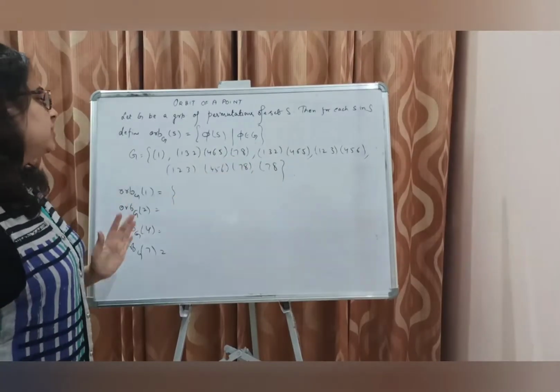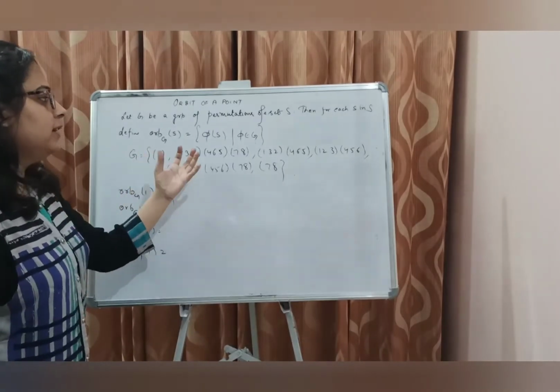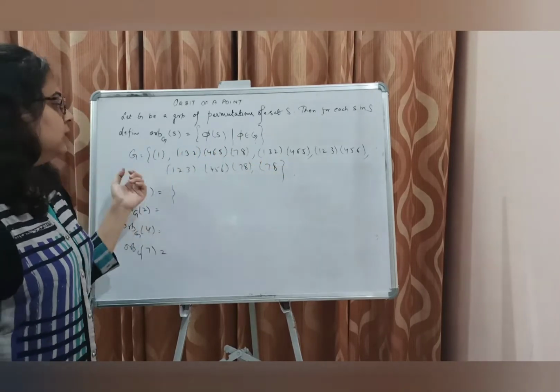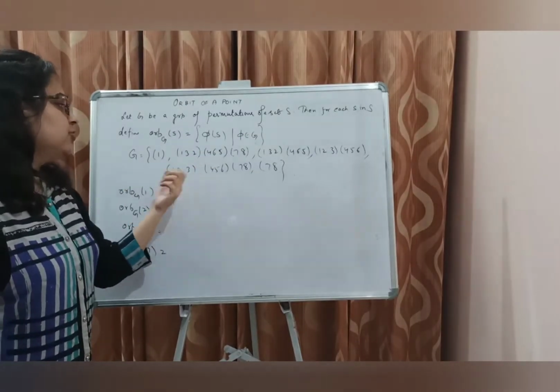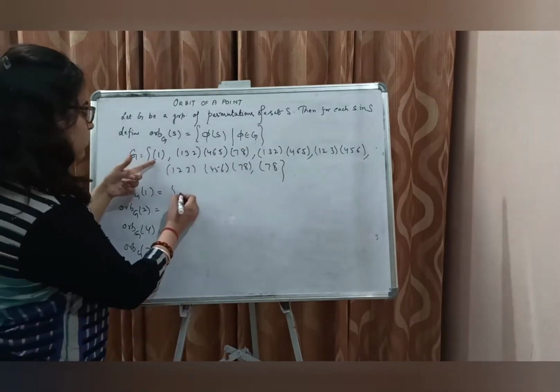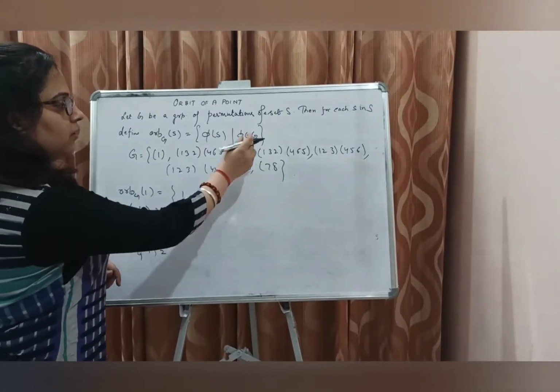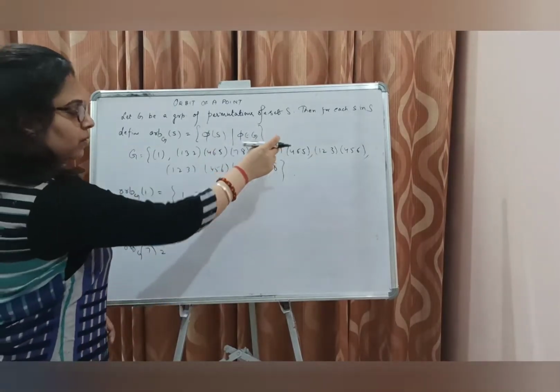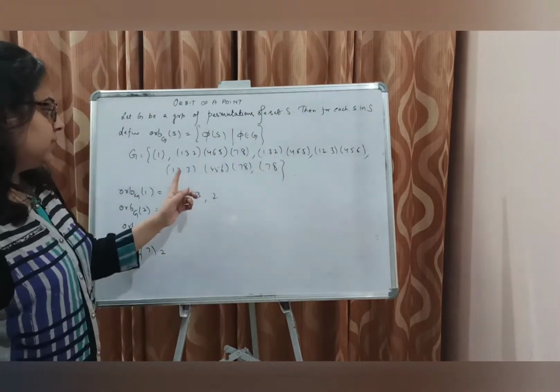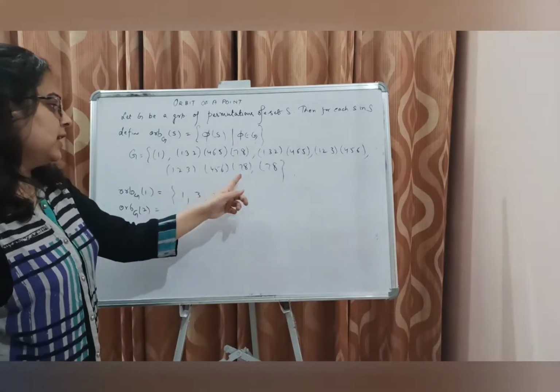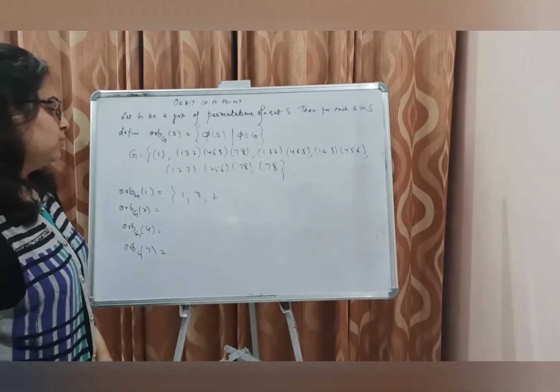Now these are all the permutations in G. These are the different phi's, the different values of phi in G. Here it is 1. Here 1 goes to 3. Here again 1 goes to 3. There 1 goes to 2, and in this permutation 1 goes to 2 again. And 1 goes to 1.